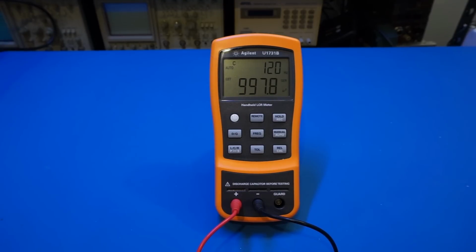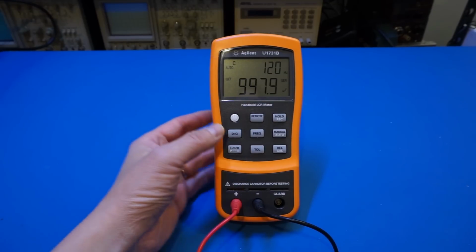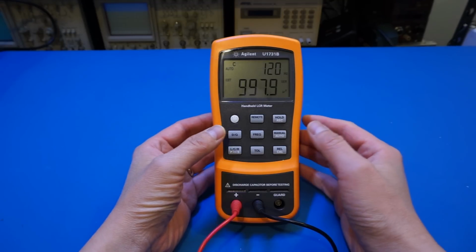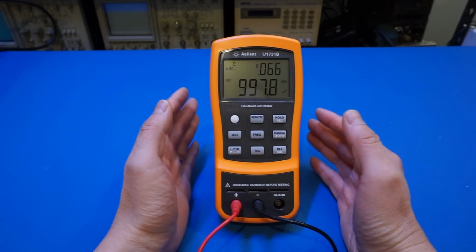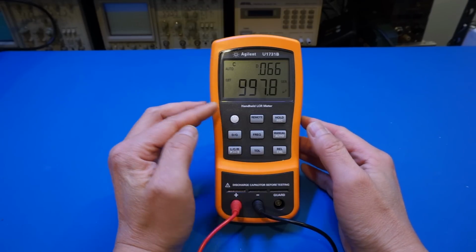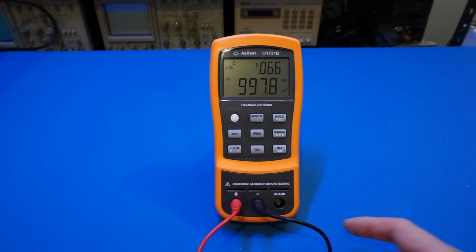Of course, one important feature of any LCR meter is the ability to measure the equivalent series resistance. So let's see how we do that here. As we have seen earlier, this meter has a dissipation and quality factor measurement. Unfortunately, it doesn't have a direct equivalent series resistance measurement mode, but the dissipation factor and the equivalent series resistance are related in that the equivalent series resistance equals the dissipation factor times the reactance of the component under test. So for this 1000 microfarad